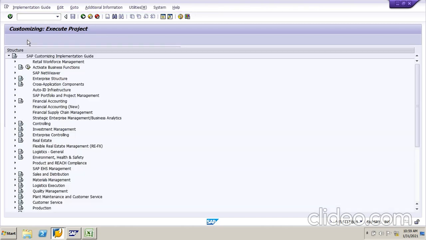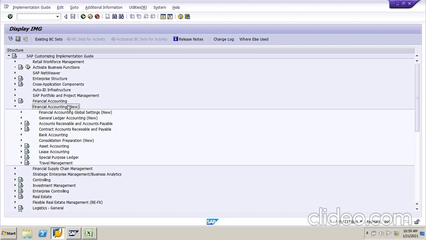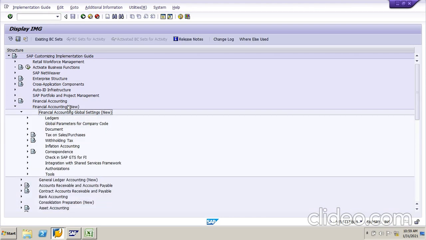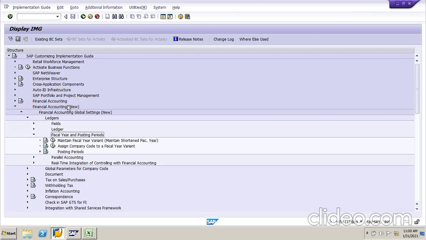So go to SAP Reference IMG, Financial Accounting. Go to Ledgers, go to Fiscal Year and Posting Periods. So first one, Maintain Fiscal Year Variant. So click this one.